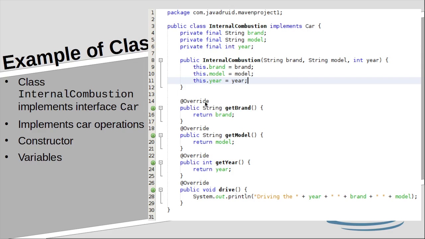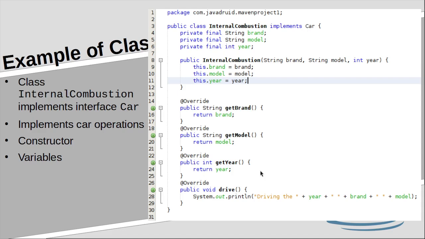This is just for us, the programmers, to know that these functions either implement or override a function from a parent class or an interface. And as you see, it just returns, and drive just prints something on the screen. This is a very simple one.